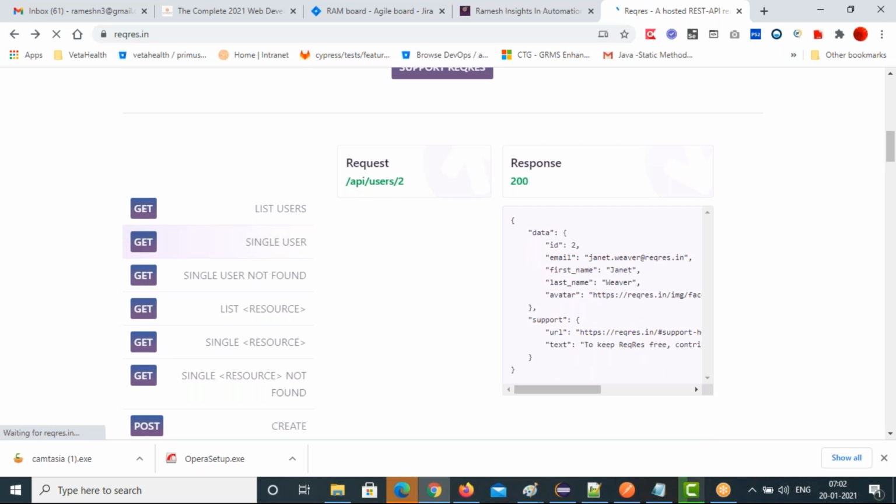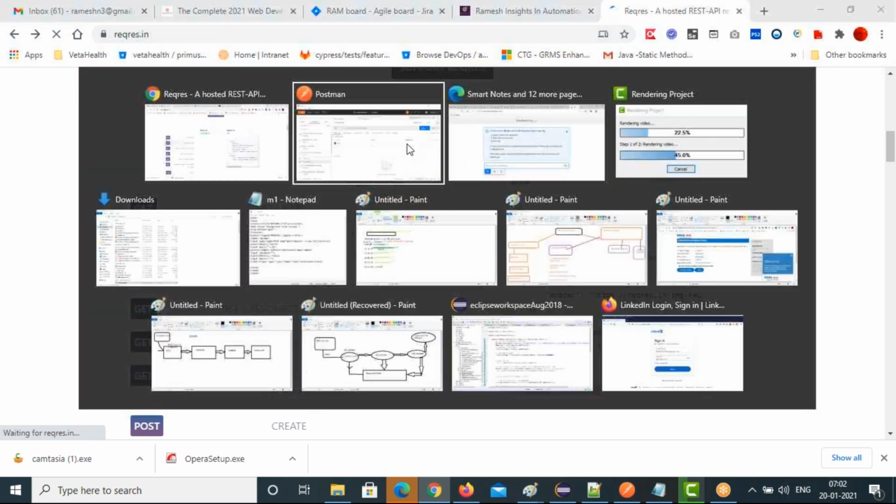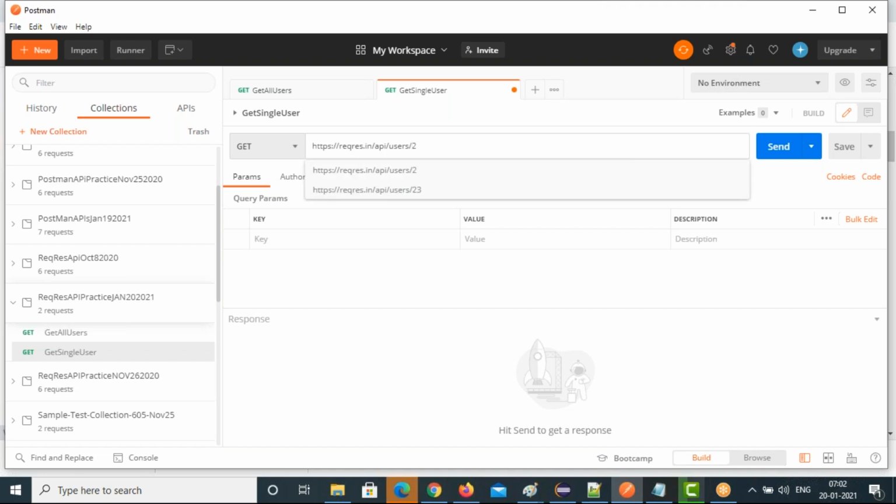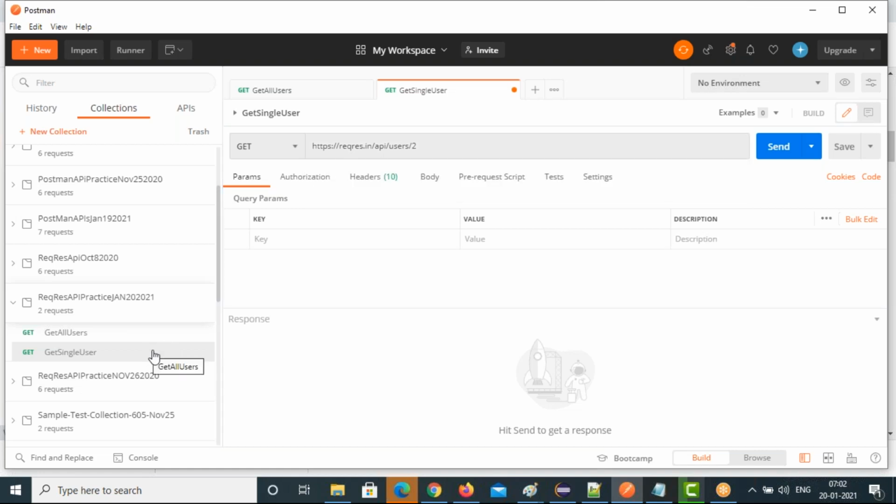This is the one: slash api slash users and the user ID. User ID is 2 we are giving. Everything is here, right? Just slash users, slash 2. And then the remaining you will get automatically. Then save it. Headers also you got because we copied it. That's why you'll get the single user.